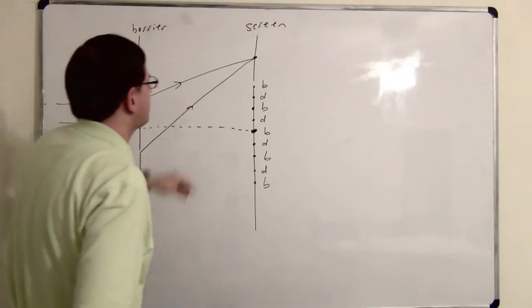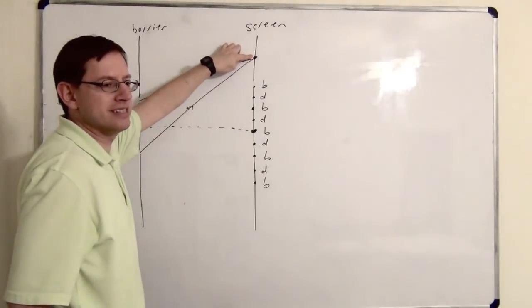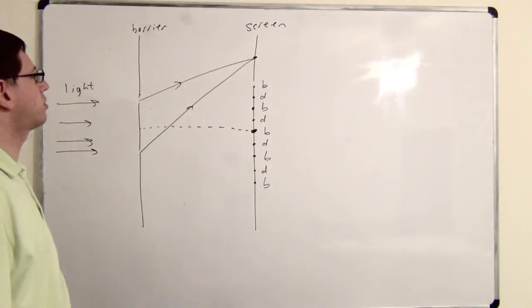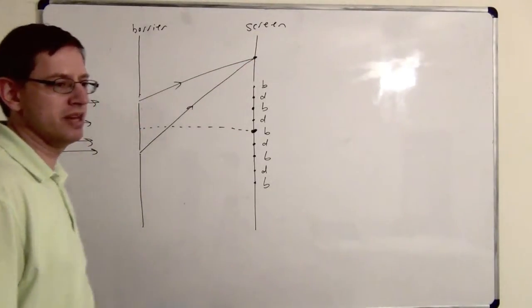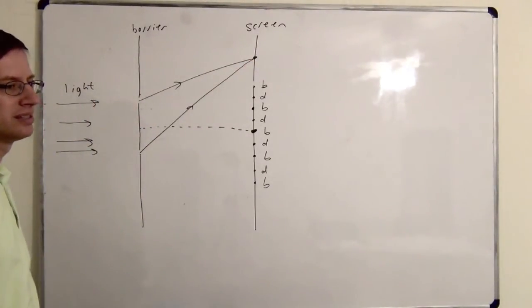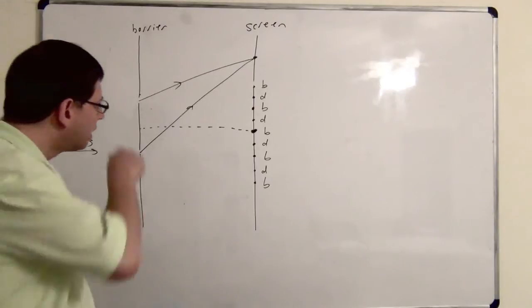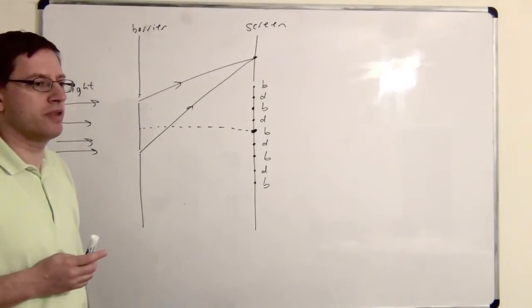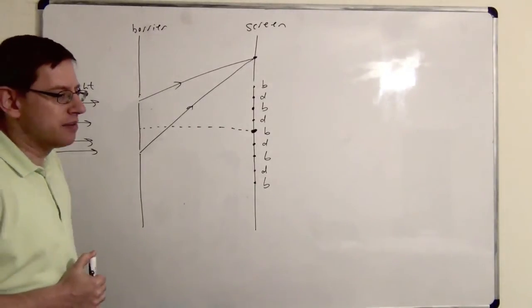But do you agree they don't have to be in phase anymore when they reach the screen because they travel different distances? Mm-hmm. Okay. So even though the light rays are starting in phase, do they have to end up in phase? No, maybe they will and maybe they won't. Okay. So why does it matter whether they're in phase or not? Because that will determine whether they end up with constructive or destructive interference.